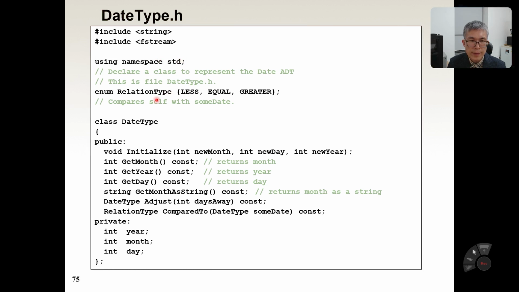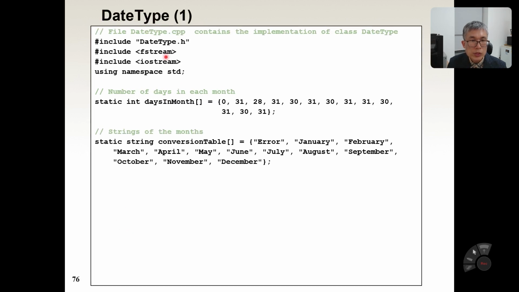And the relation type is this enum type: less, equal, greater. And the date type has these member functions, and then this day, month, year are member variables. And then we declare the include header files, also the same namespace standard, and the